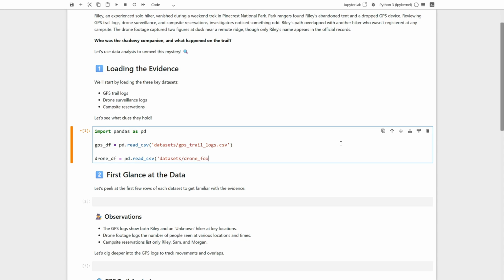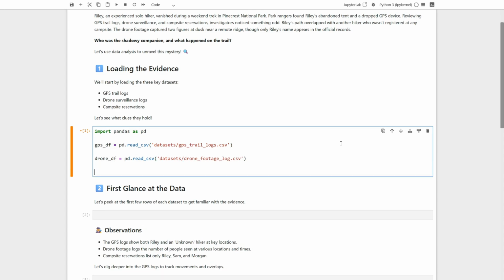Next up, we're adding another layer to our investigation. I'm creating a variable named drone_df and using pd.read_csv again, this time to open drone_footage_log.csv. This file contains logs from the drone footage, so we'll be able to compare what the drone saw with the GPS data. By storing it in drone_df, we can easily cross-reference these two sources and look for any inconsistencies